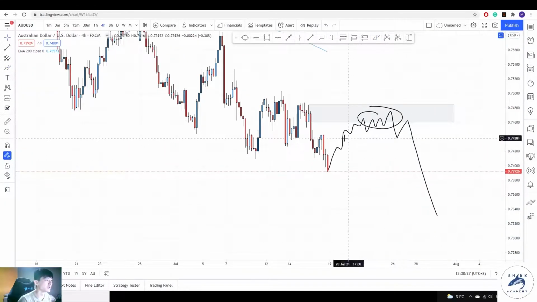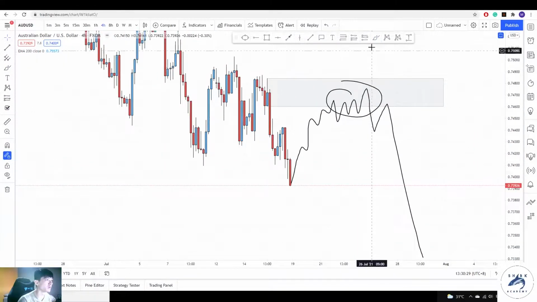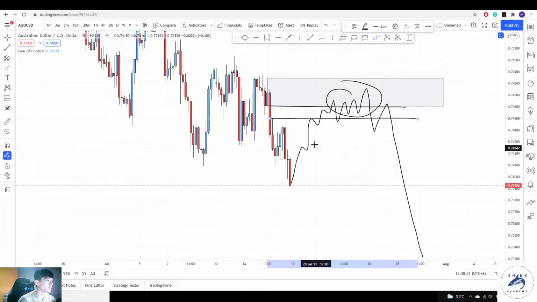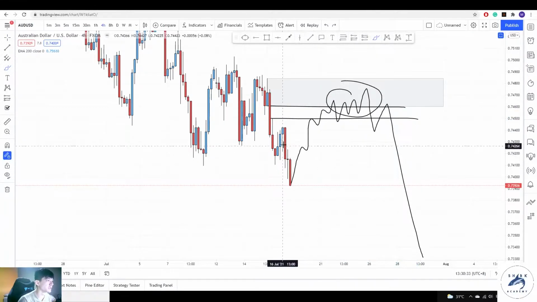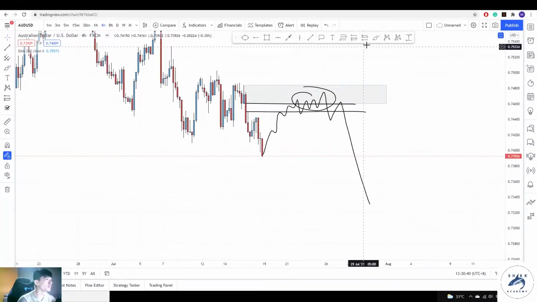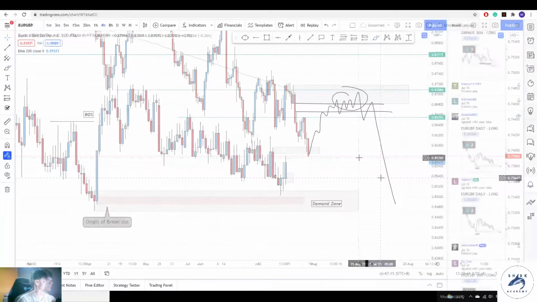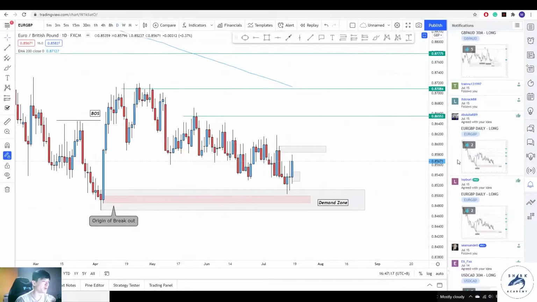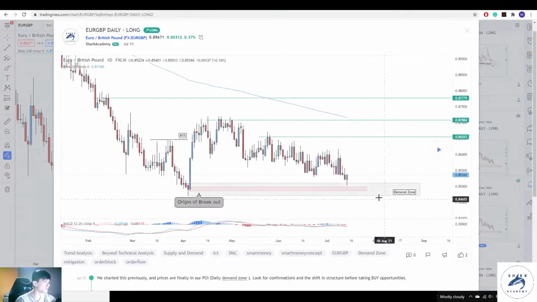Okay, so you can see that here we have an imbalance as well, right? Inside of here, where prices are likely to mitigate instead of inside of here, because on the 4 hour time frame you can't see anything inside of here, right? So drop down to the 4 hour time frame, look for distributions, look for the shift in structure before taking sells. Over here we have the Euro Pound, and you can see that we actually charted this and we expect